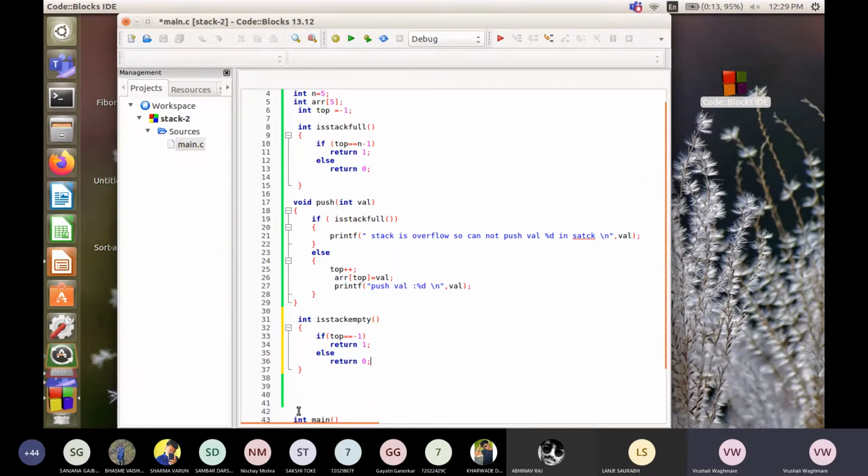This type of concept should be clear. How are we going to check stack is empty? If your top position is at -1, stack is empty. How do you check stack is full? If the top position is equal to size-1. Here I have taken n-1 because n is the size, but actually it is size-1. Okay, so I just built this. So this function is working.